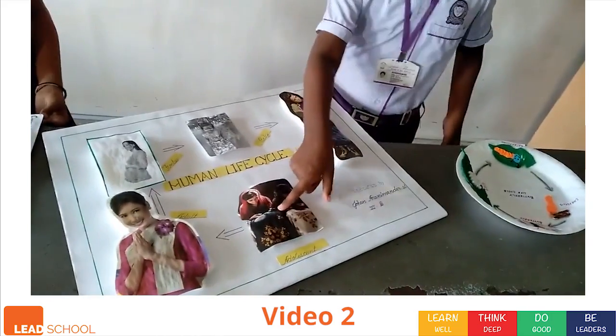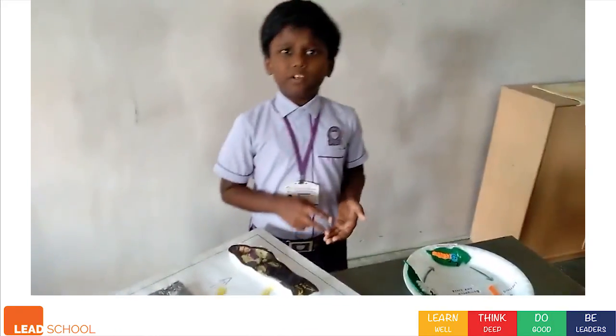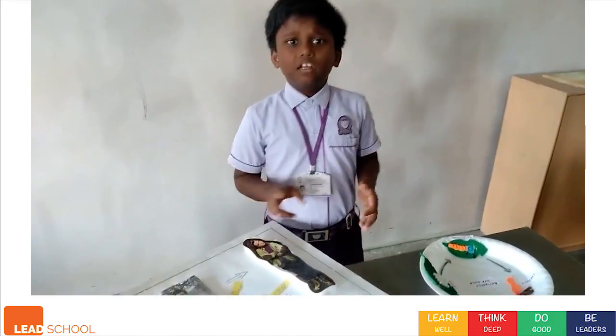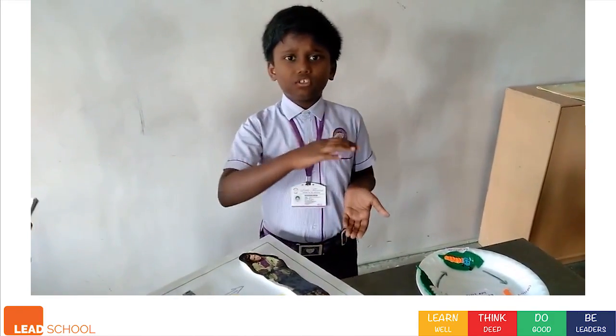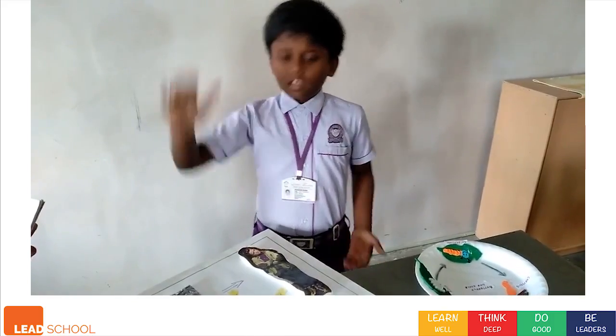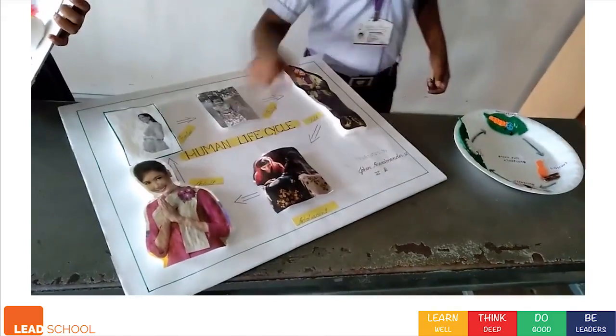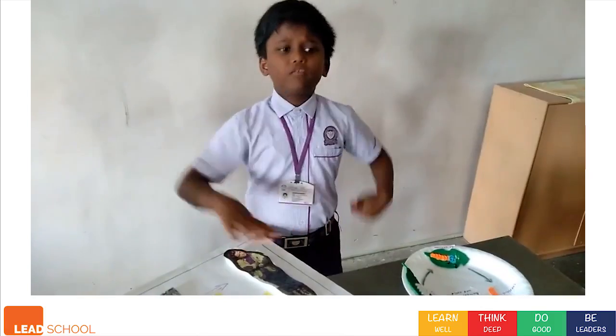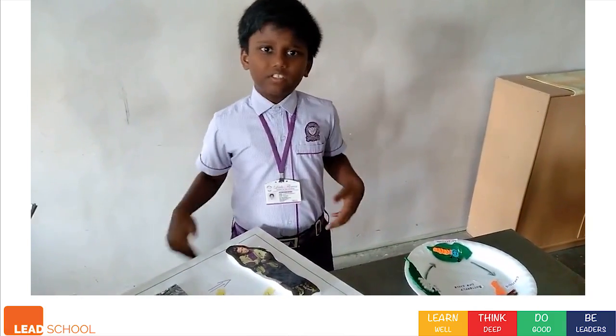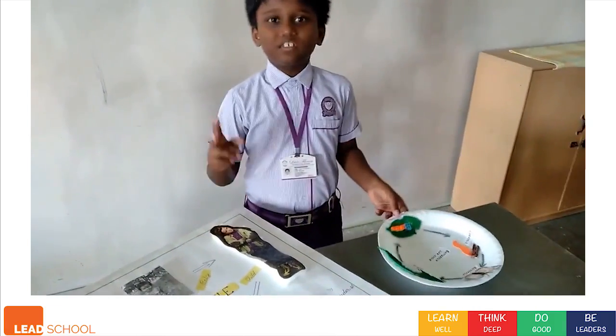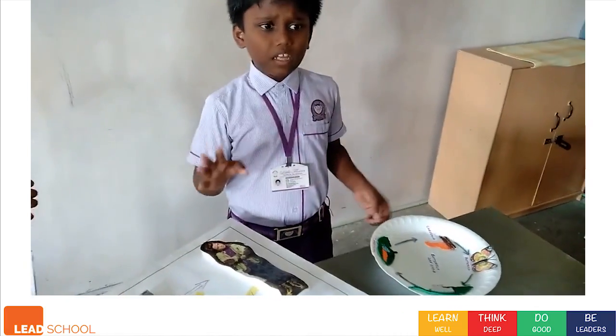And the fourth stage is adolescent. The stage is between 12 to 18 years. The baby begins to change from child into adult. And the last stage is adult. The baby is fully developed and starts the life cycle again. The second topic is metamorphosis. Butterfly life cycle has